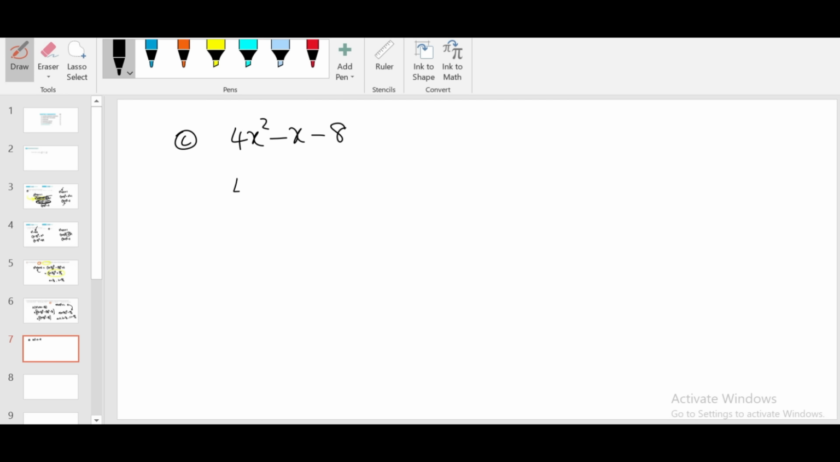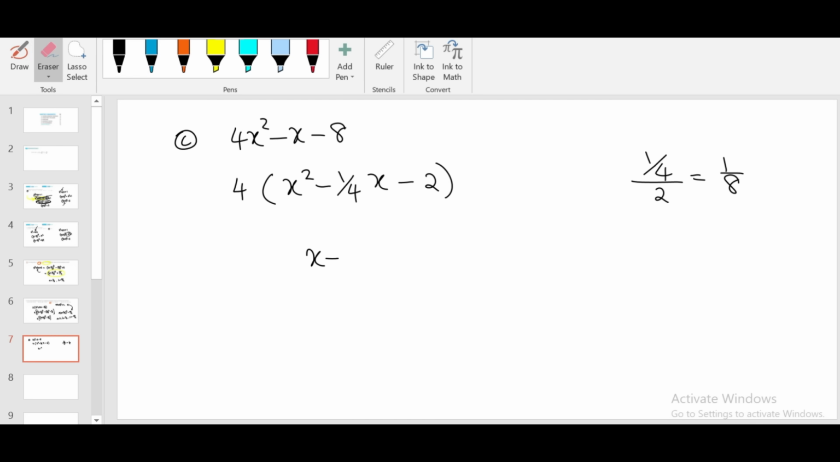So here, take 4 outside. You will get x square minus 1 over 4x minus 2. And then use one of the methods you learned, type 1 or type 2. It's just a fraction, so you need to take half of it. Half of 1 over 4 is basically 1 over 8. So you can use the shortcut x plus 1 over 8 whole square